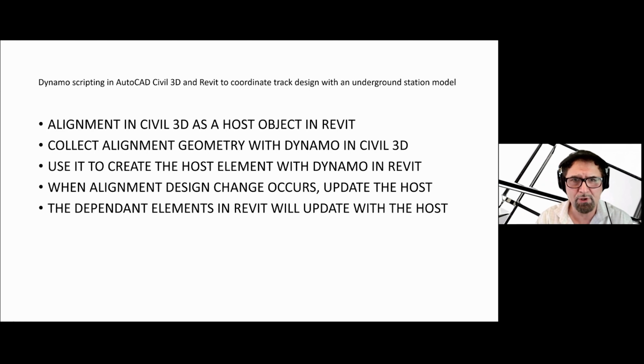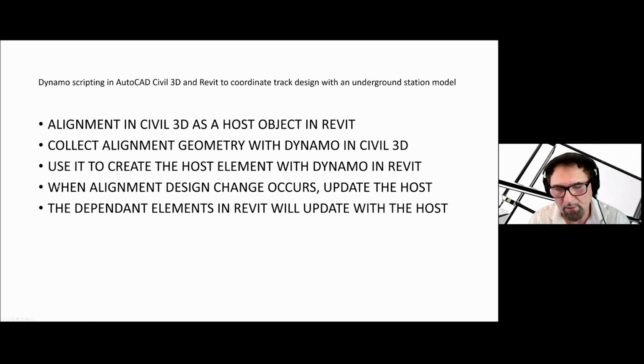So we are going to explore the technology at the conceptual level. And so far, we've looked at the alignment in Civil 3D and how we're going to use that as a host object in Revit. I'm going to now collect the alignment geometry using the Dynamo script in Civil 3D. And I'm going to write that geometry out to a file and then read that file using the Dynamo script in Revit to create the host element in Revit.